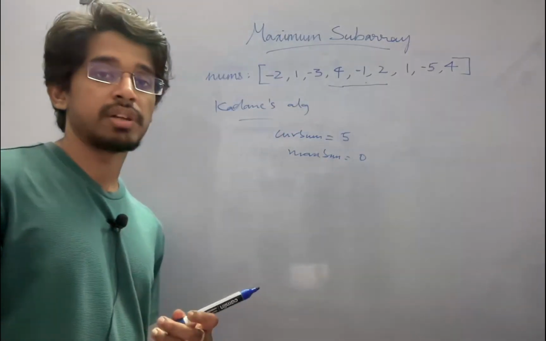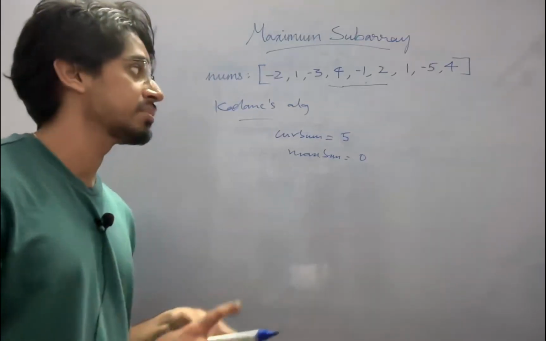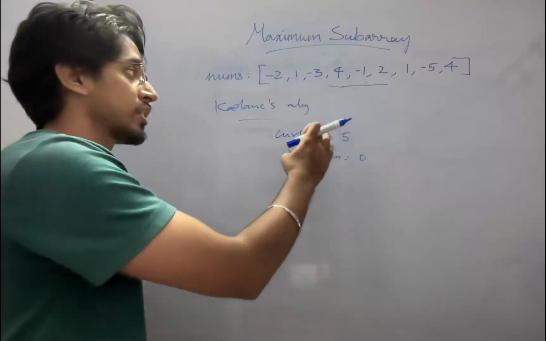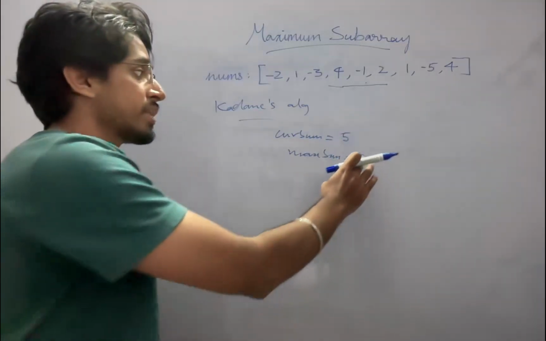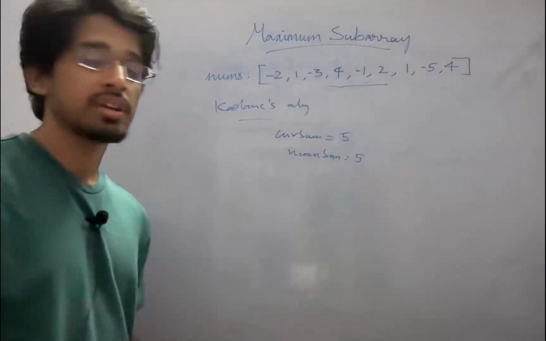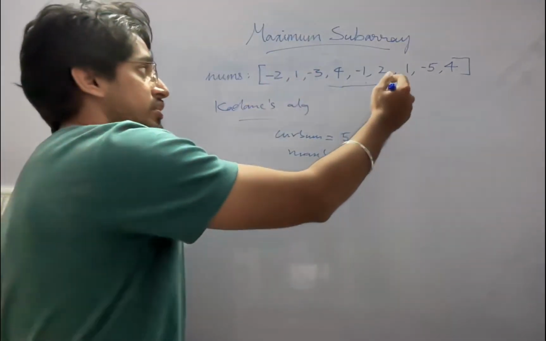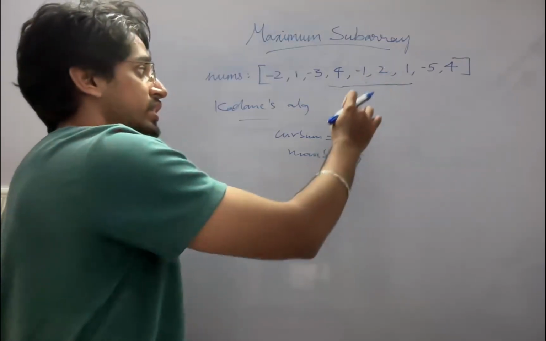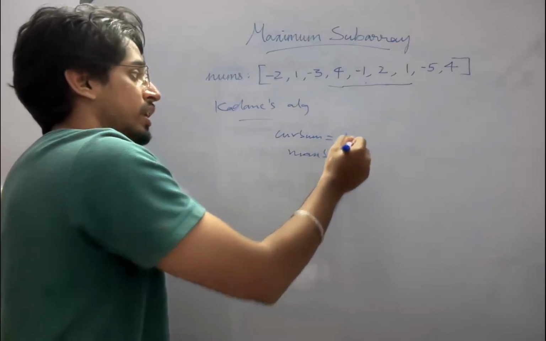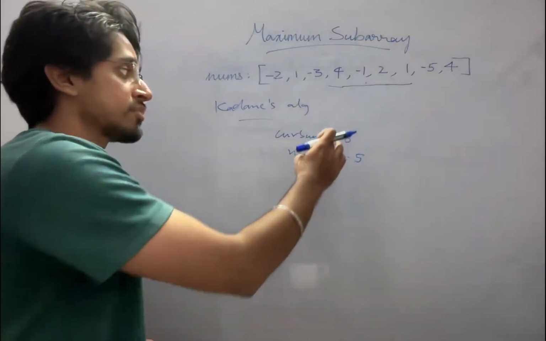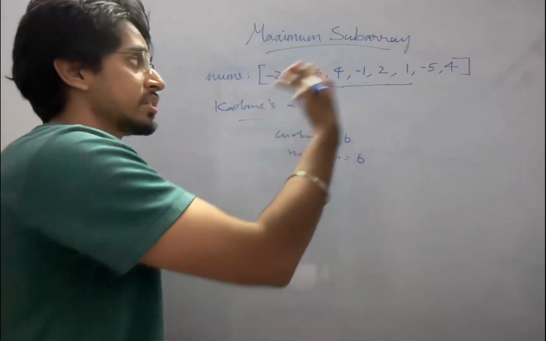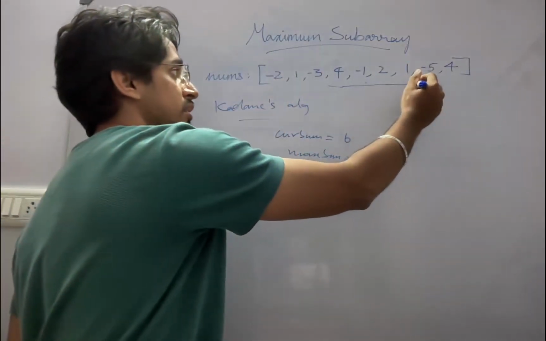Okay, and simultaneously we also need to update the max sum as well. So we need to compare the current sum and the max sum. Obviously current sum is greater than max sum, so we update the max sum to 5. Okay, so I had to do this before, but anyways, now we move on to the next element, that is 1. So we just add the last element to the current sum, that is 6, and we check with the max sum. So obviously current sum is greater, so we update the max sum to 6,